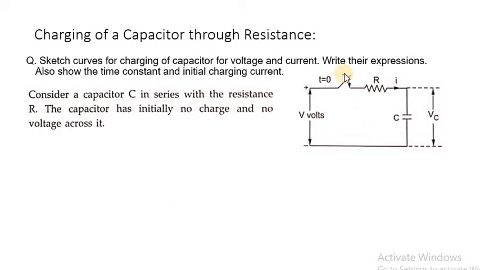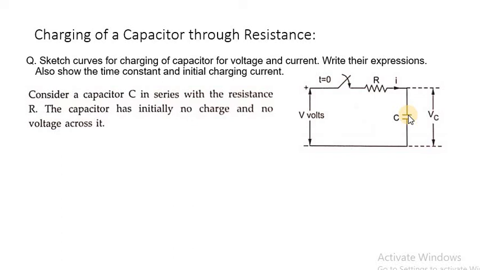When the switch is closed at t equal to 0, at that instant t equal to 0, capacitor immediately or instantly cannot absorb any current. It will start to absorb the current I gradually. So capacitor voltage will start to increase gradually. But at t equal to 0, capacitor will not take any current. So current flow I through this capacitor C is equal to 0 at t equal to 0. Try to understand this concept.